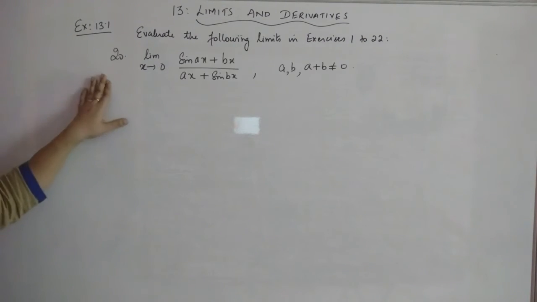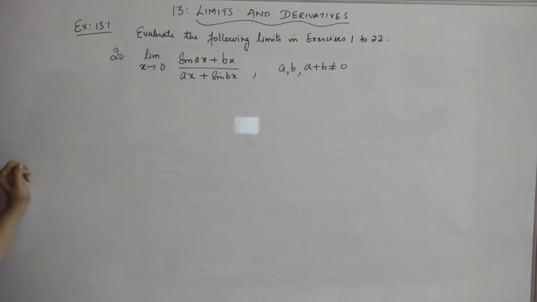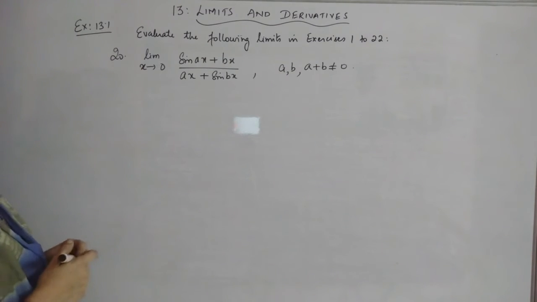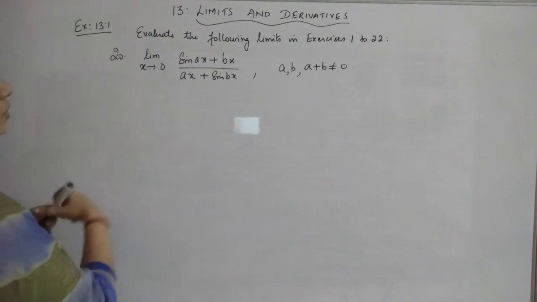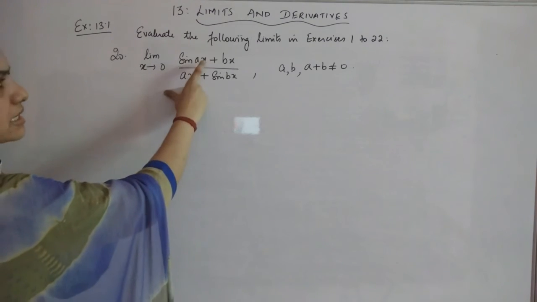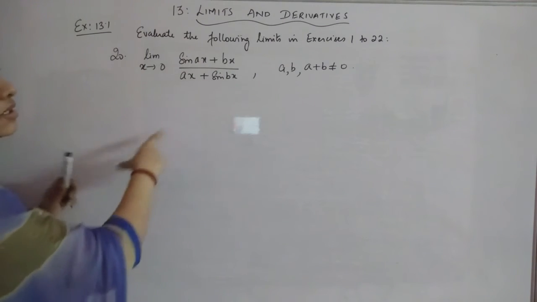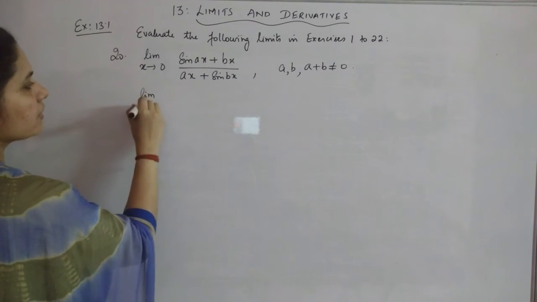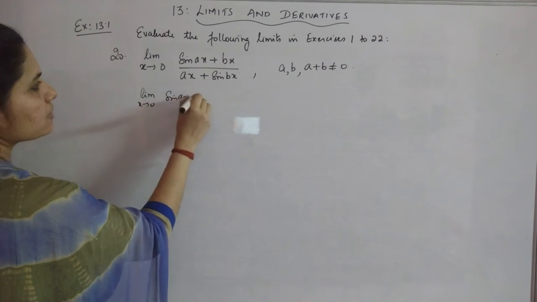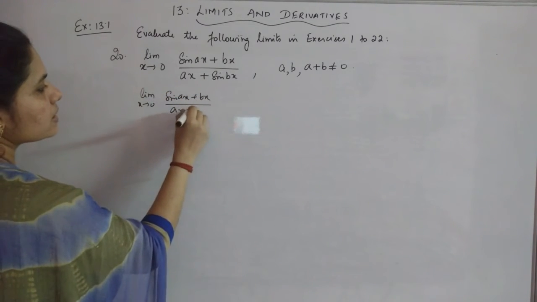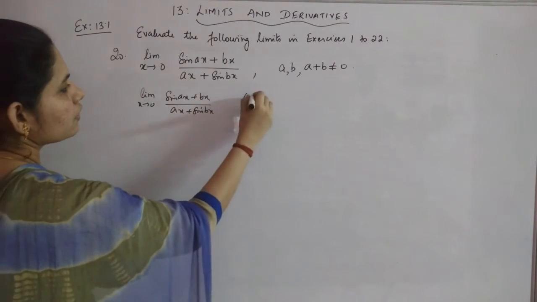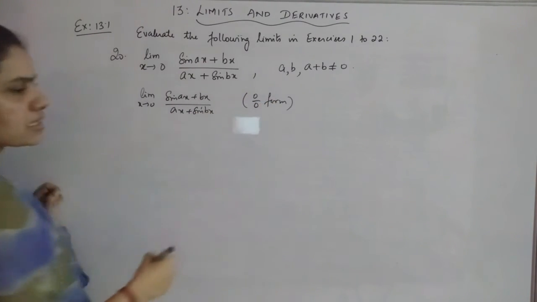Okay. Question number 20 is limit x tends to 0 of sin(ax plus bx) whole divided by (ax plus sin bx), and here a, b and a plus b are not equal to 0, that is given. Okay, now why that is given we will tell after this process. Now first thing is, when we replace x with 0, you are getting the numerator 0, here again 0. So it is in the form, that is this limit which they have given, sin(ax plus bx) by (ax plus sin bx), is in the form 0 by 0 when you replace the limit directly.